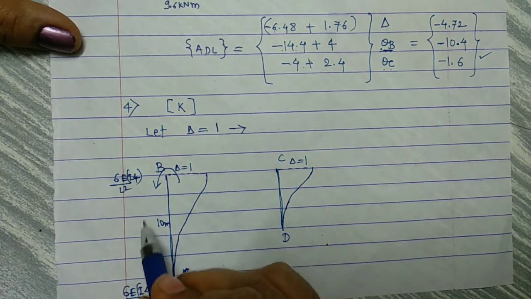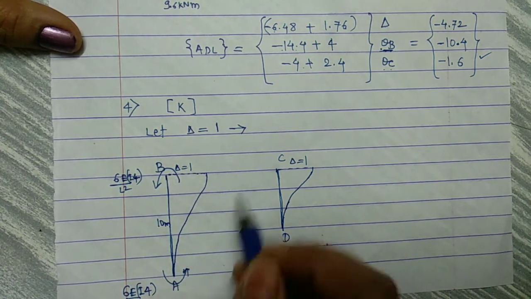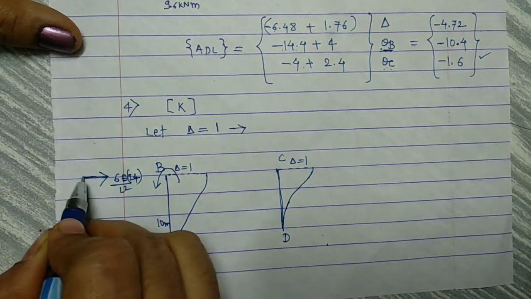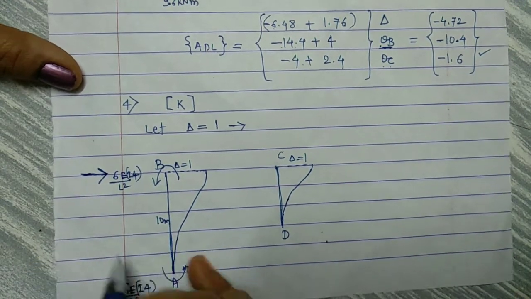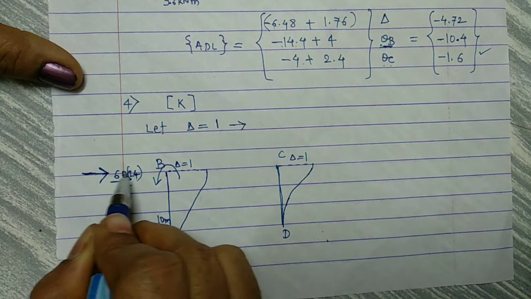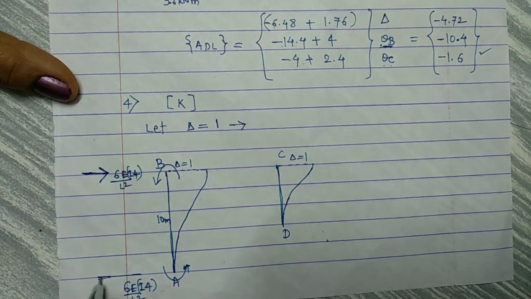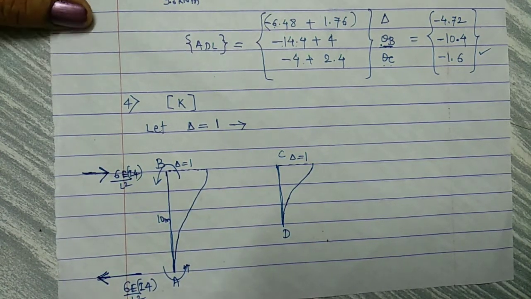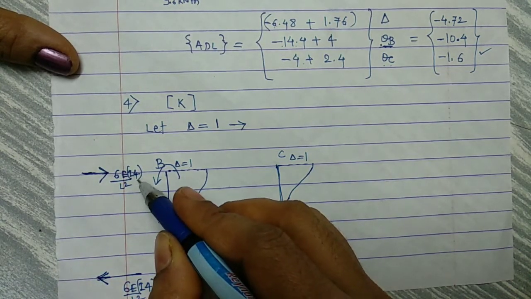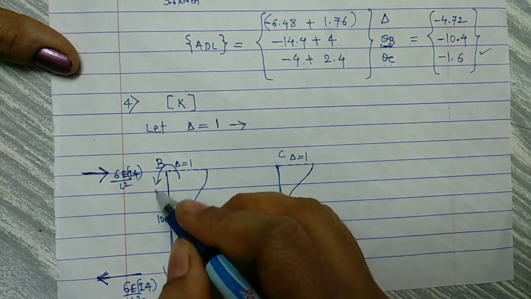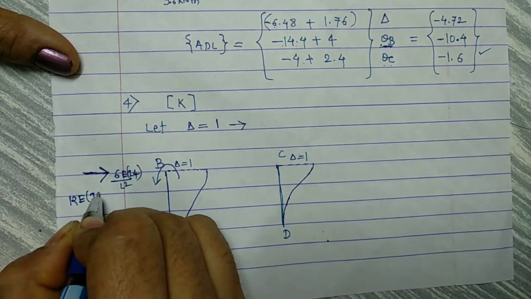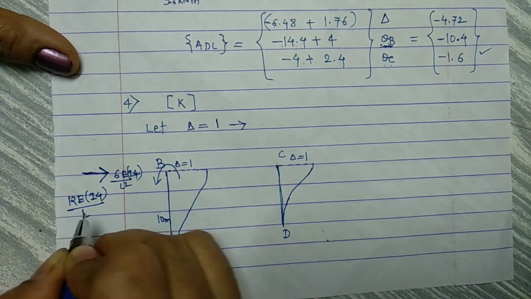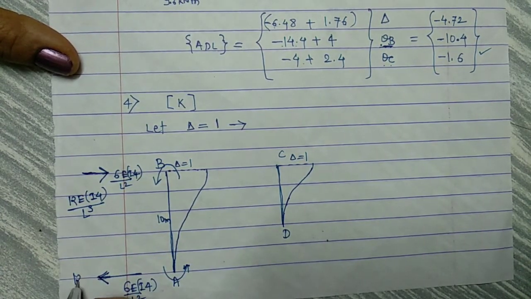See, both moments are in the anti-clockwise direction. So I'll draw the reaction sign here. The reaction should form a clockwise couple. Therefore this reaction at B should be to the right, and the reaction at A should be in the left direction. The magnitude is 6EI upon L square plus 6EI upon L square, divided by the span. So that is 12 EI times 4I divided by L cube. Same magnitude, 12 EI upon L cube.